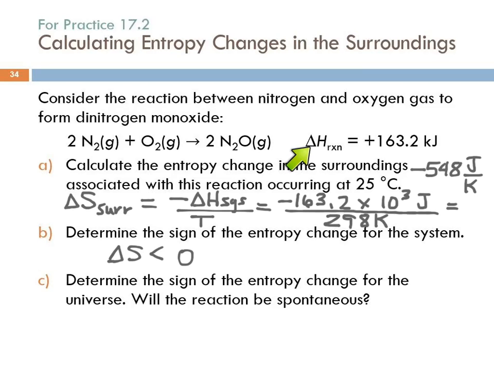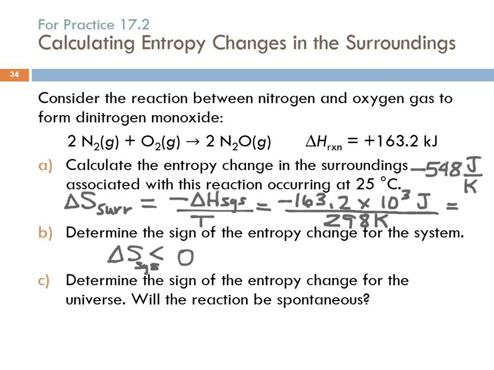You can't answer this just based on looking at the sign of delta H. That doesn't work. You answer this by looking at what's going on with the number of moles. Now, some reactions you can't just look at. So the change in S for the system is going to be less than 0. So is this going to be, well, let's do the first part first.